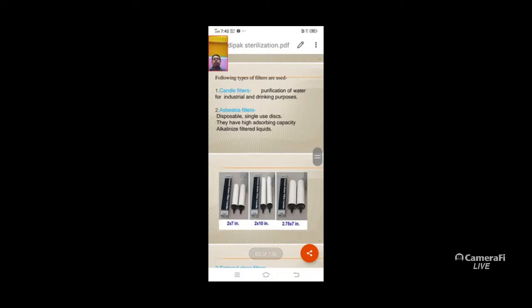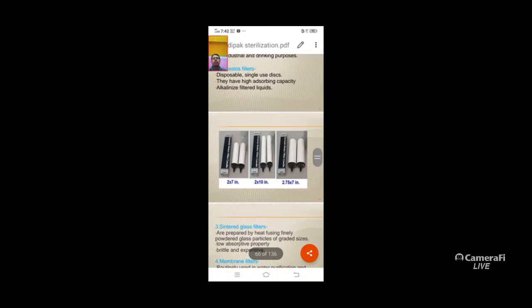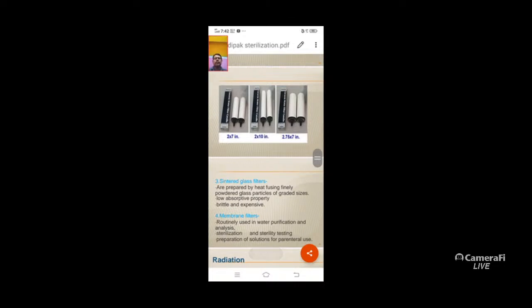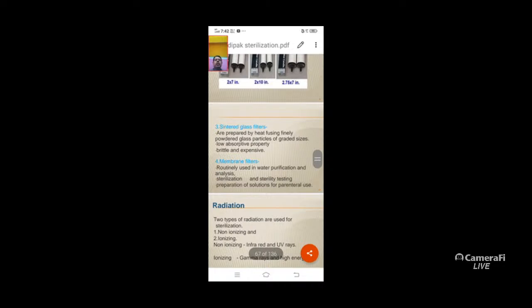This is the filter. The sintered glass filter is used for water treatment and also in the laboratory. They are prepared by heat fusing finely powdered glass particles of graded sizes, with low absorption property, and they are brittle and expensive. Membrane filter, the most effective